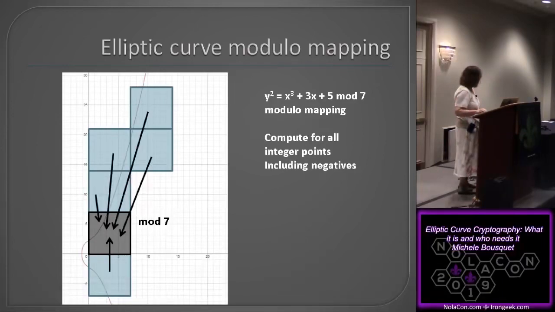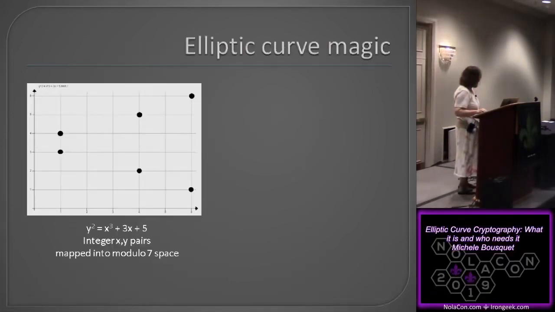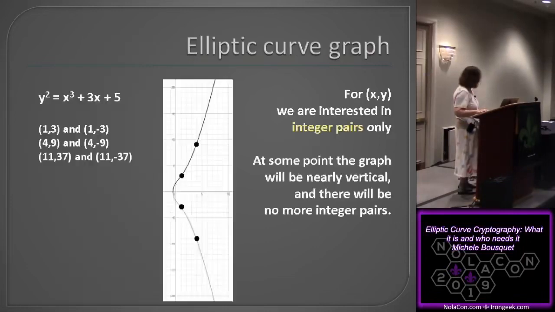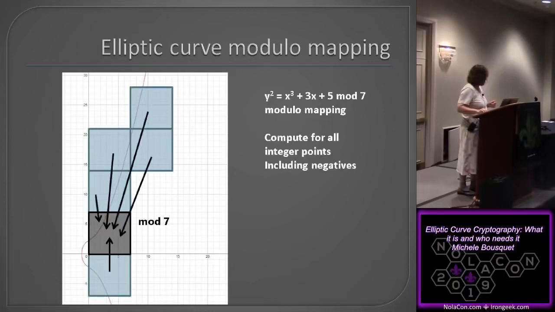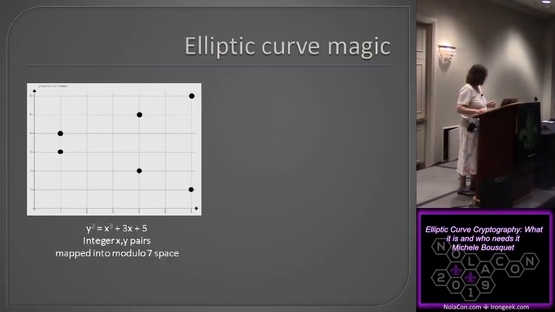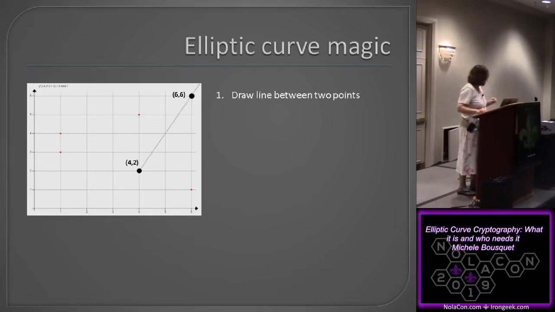So you basically take the integer points, and going back a bit here, we have this negative point. See, 1 and minus 3. Minus 3 is not within our 7 by 7, but remember, for negative numbers, you keep adding 7. So that's going to end up being 1, 4. Got it? The negative 3, you add 7 to it, it's 4, and now it's in the 7 by 7 modulo box. So when we do that, we shove everything in there, and we end up with this in our little 7 by 7 box. All of the x's and y's are between 0 and 6. So these are our points.